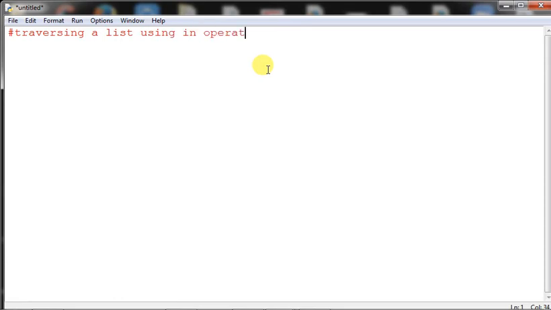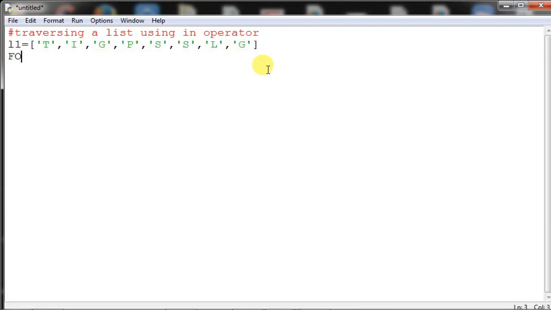The in operator is actually a membership operator. The elements of a list can be accessed individually using a for loop. That can be demonstrated in this way. Suppose I am taking L1 equals, say, 'TI', 'GPS', 'SLG', each given in single quotes like this. Fine, so this list has been taken.